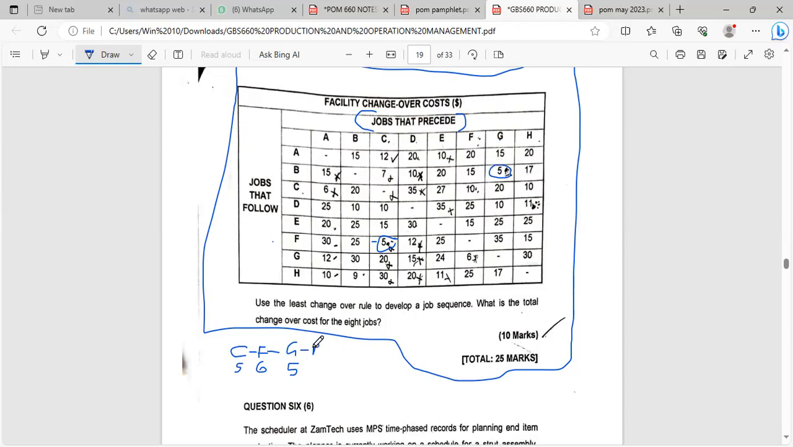After you go to B, B has now started. Come to this column for preceding. So B has now started, meaning that